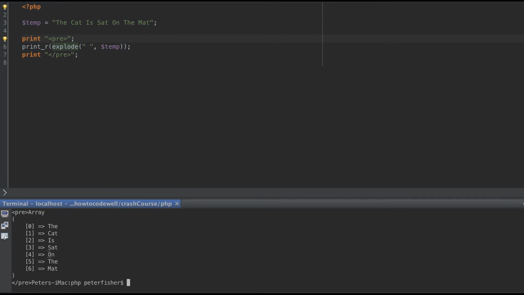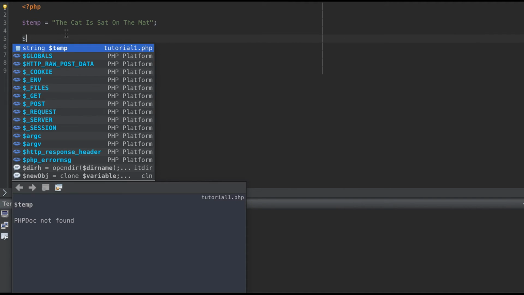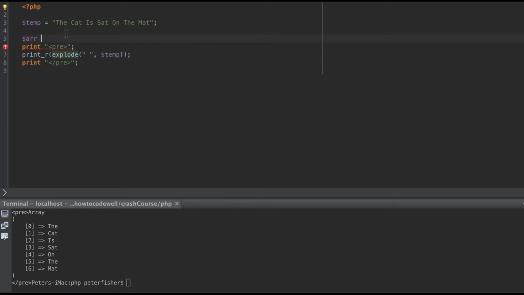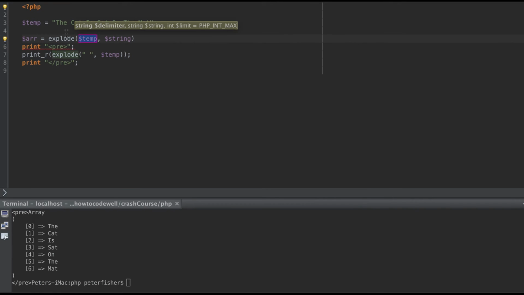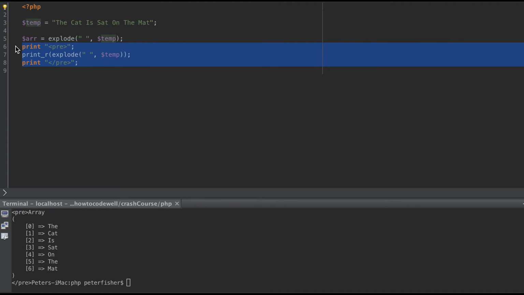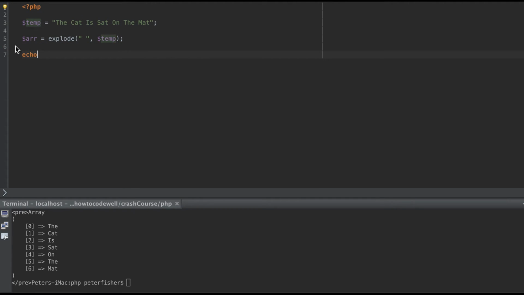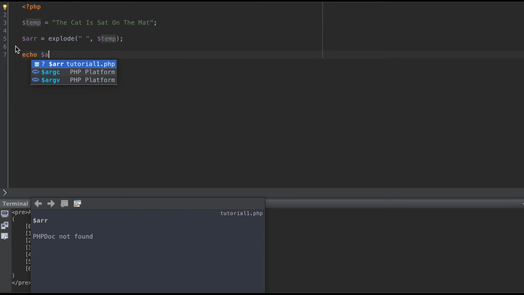We can see the cat is sat on the mat. These are the indexes. So that's an array index. And if I was to do ARR is equal to an explode of that, we're just going to have that as temp, and we're going to have that as the delimiter. What we can do is, if I was to do an echo, we can echo out portions of this